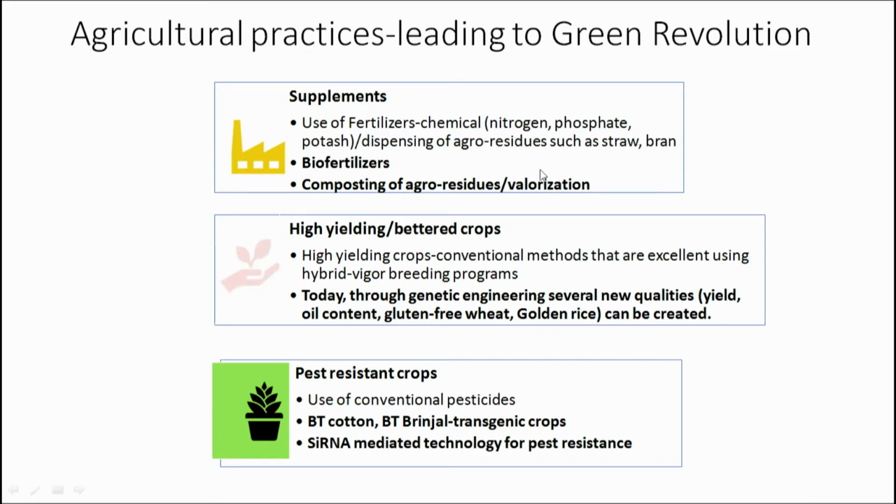value product. Now, in the second box is where application of biotechnology is going to be discussed, that is in terms of either having high yielding crops or bettered crops. By bettered, what we mean is that these are your conventional crops such as wheat and rice, but in addition to that they have also acquired some other good property, such as what we see in the case of golden rice, which is a rice crop, but it is able to make vitamin A also.